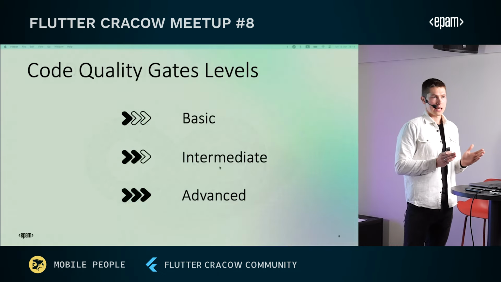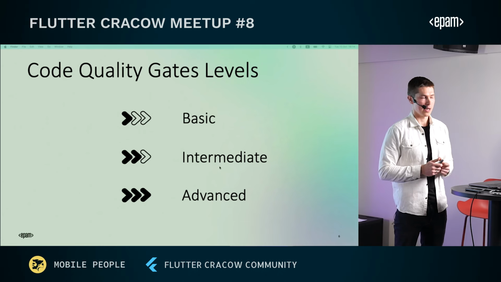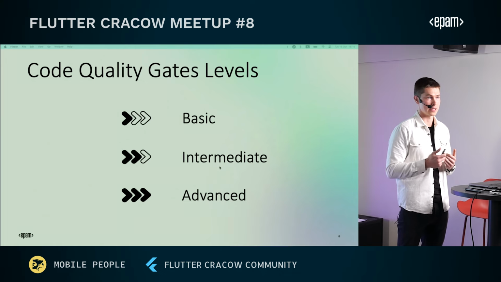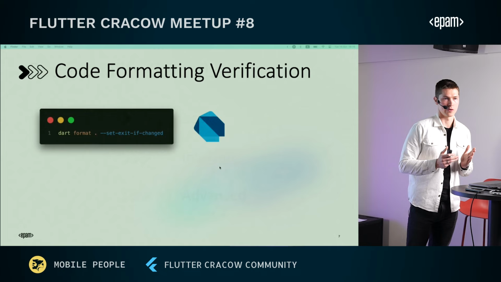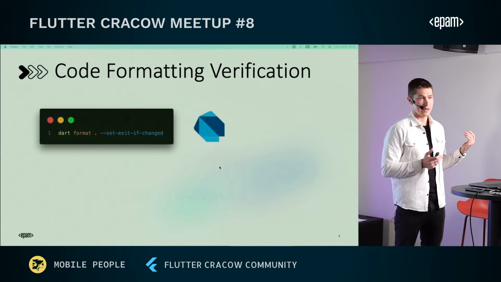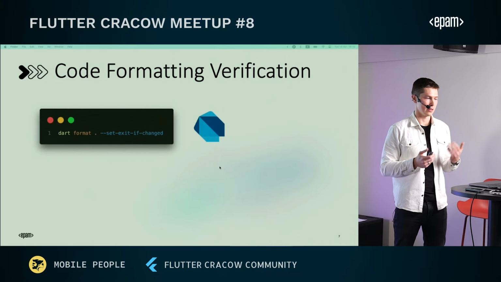The code quality gates that I'm about to walk you through are divided into 3 categories. I divided them based on the amount of effort it takes to set them up. Thus, consider starting with the basic ones first. And the first one on the list is code formatting. That's really nice that Dart tooling provides an option out of the box to help us with that. So please do use it, do validate your